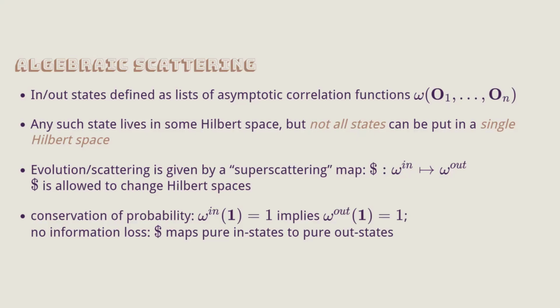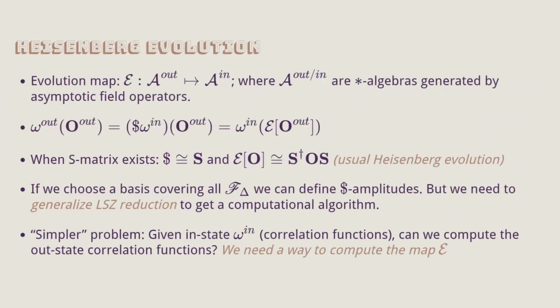Okay, great. So I've introduced more symbols. How do you calculate them? To calculate them, I'll introduce one more symbol. What we're going to ask is, if we look at the field algebra, which I'm calling A in and A out, A in is again at the past null or timelike infinity, depending on your field. And I want to define some evolution map. So without all this abstract business, if an S matrix existed, suppose you were doing a purely massive theory, this fancy dollar symbol is essentially the S matrix.